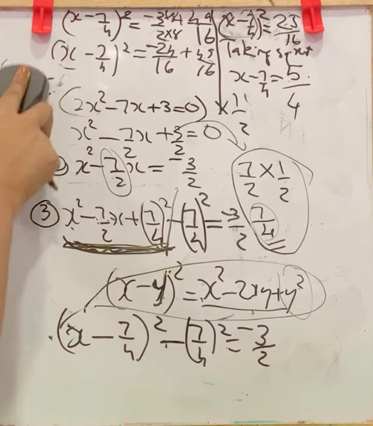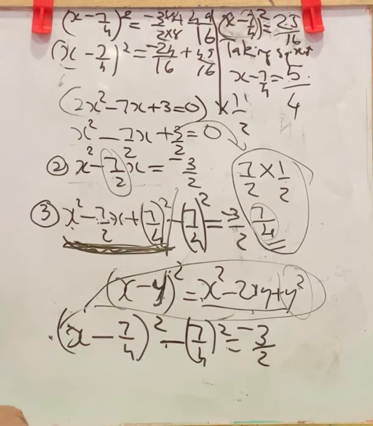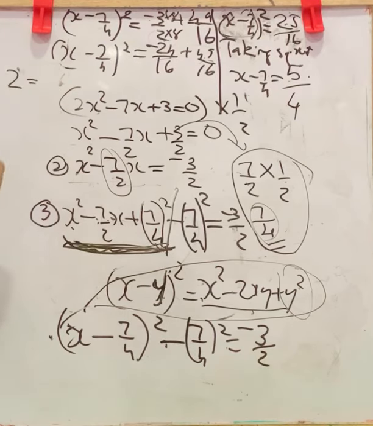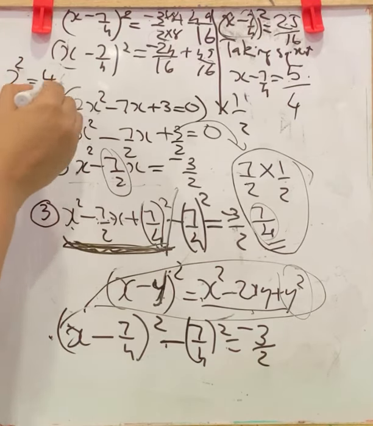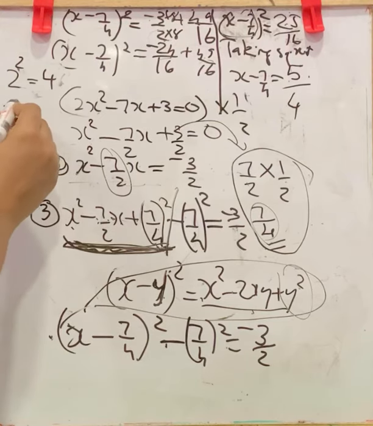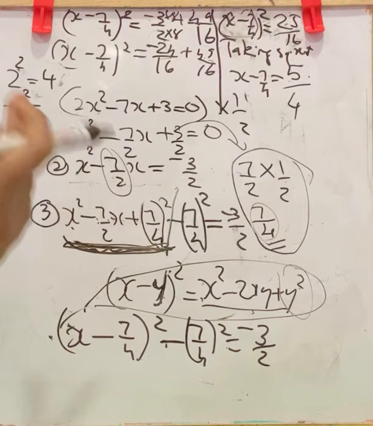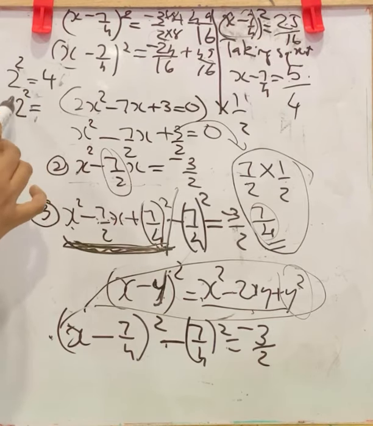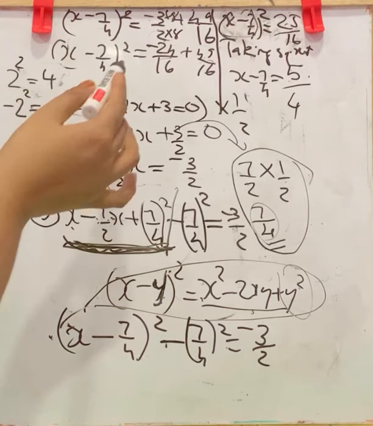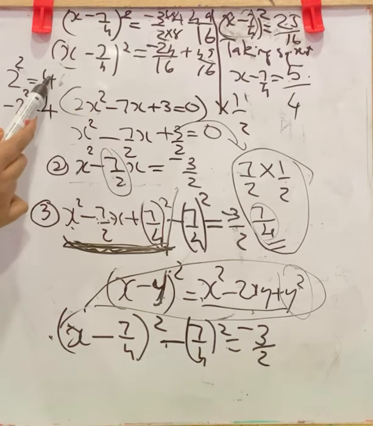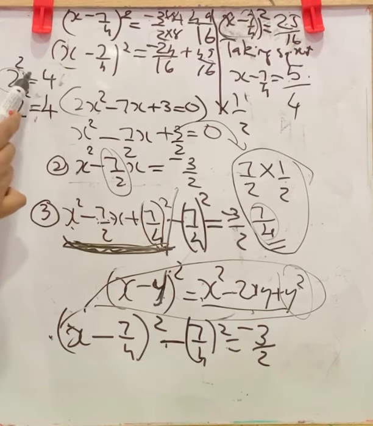Now, actually, the meaning of square and square root. Do you know what it is? That is 2. What is the square of 2? 2 square is 4. Also, what is the square of negative 2? Square means multiplying the same number with itself. Minus 2 into minus 2. Minus into minus is positive. 2 into 2, 4. Again 4. So, the square root of 4 is 2 here. Also, the square root of 4 is minus 2.